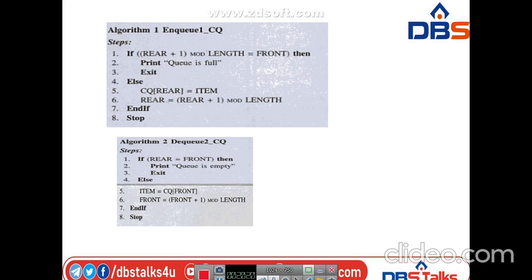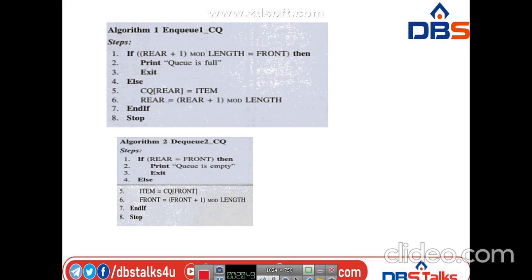First of all, we check if the circular queue is full. Only if it is not full do we perform the insertion operation. Whenever we perform insertion, rear becomes (rear + 1) mod len. After the insertion, we store the element at the circular queue rear end, that is CQ[rear] = item. So this is the algorithm for NQ.